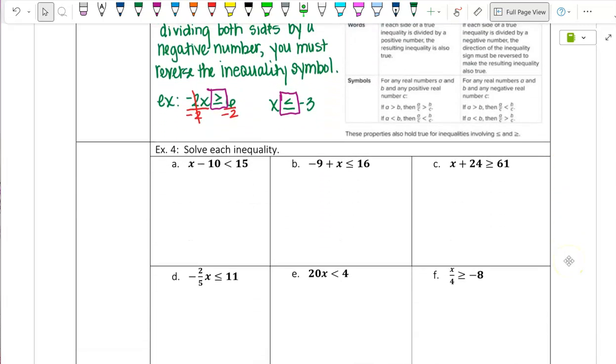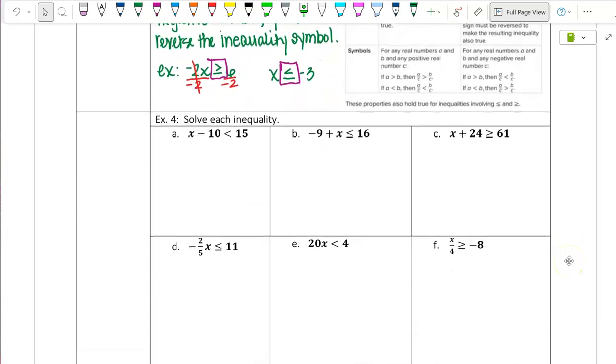All right, so now let's look at some problems here. They want us to solve each inequality. So this first one here, we have x minus 10 is less than 15. And again, since we are going to follow the same steps as solving equations,